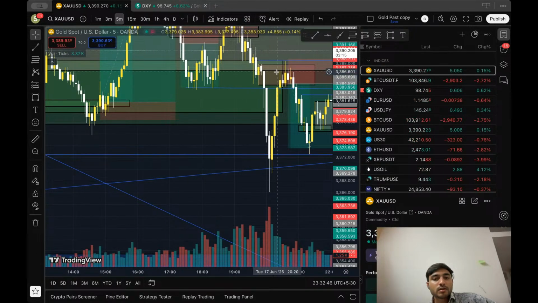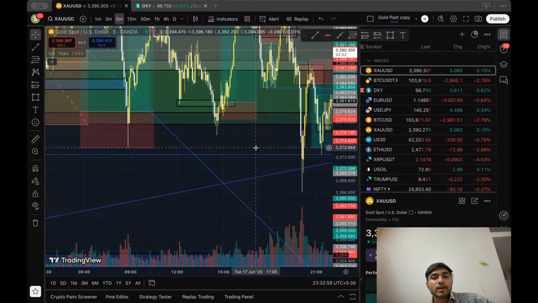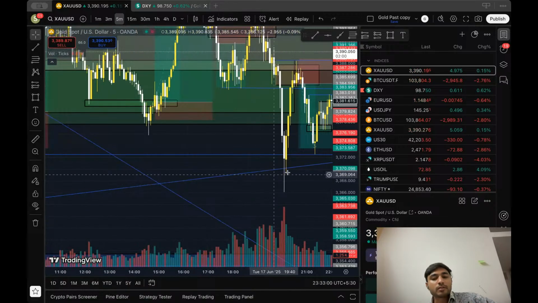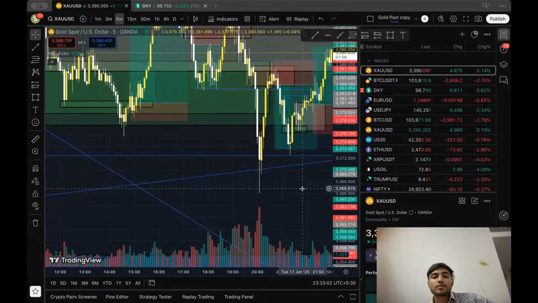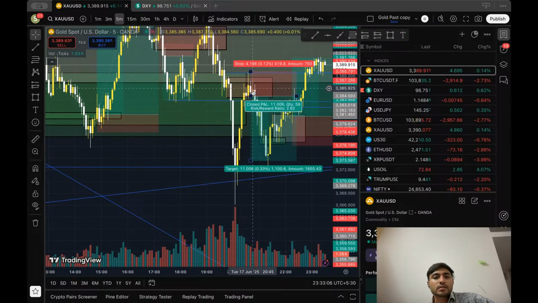Also, it could be a trend line move. It could be taken as a 50% move, or what else? It could be taken as liquidity as well, but liquidity is way over here. So I will stick to trend line and Fibonacci coverage. Even if you didn't take the trade there, so what happened?